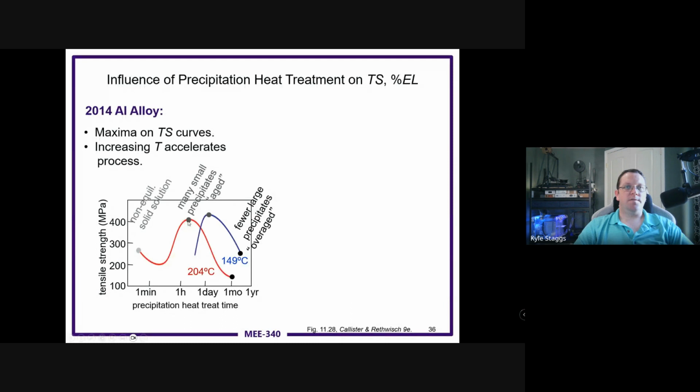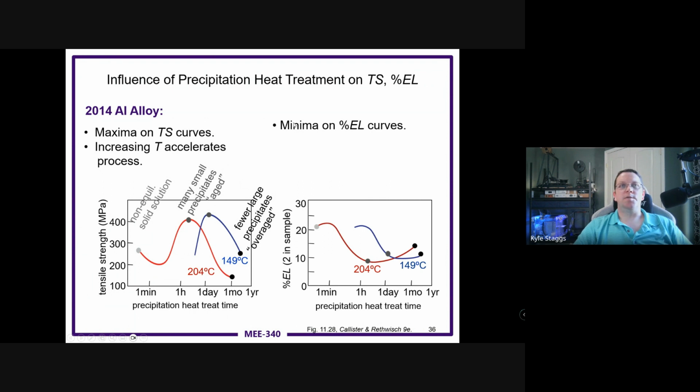And then a lot of small precipitate, so properly aged material, and then fewer large precipitates, meaning over-aged. And what that looks like in terms of, so this is tensile strength, this is the percent elongation. So again, depending on how long they're heat treated, so percent elongation, they stretch under that load pretty significantly at the beginning. As they're heat treated, they cut that percent elongation in about half, which is really, really important because